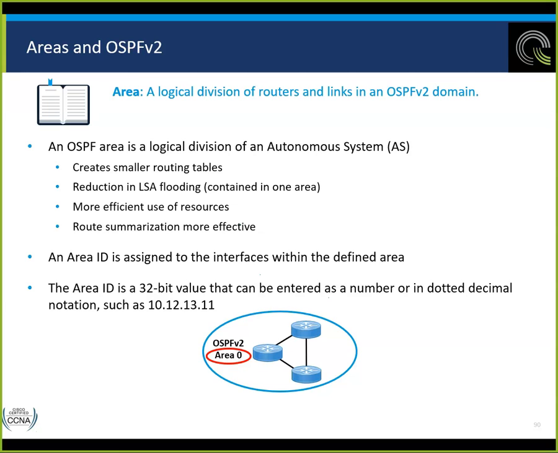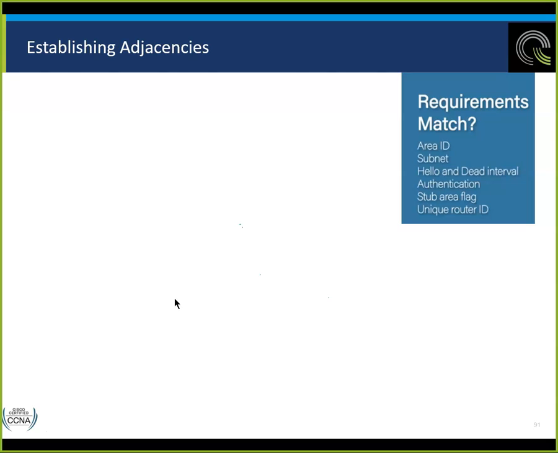The area ID is a 32-bit value. Just like the router ID, it looks like an IPv4 address when it really is a 32-bit number. It can be entered as a number or in dotted decimal notation, such as 10.12.13.11. Area 0 again's got to be our first area, and I think when we looked at it, everything was 0.0.0.0. Before the adjacencies can form, the things that have to match are the area ID and the subnet,